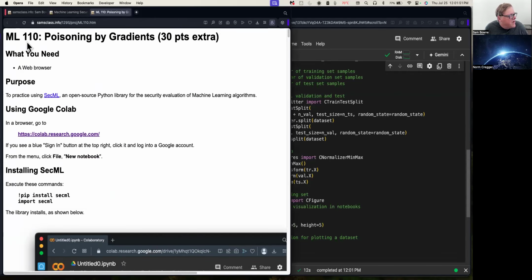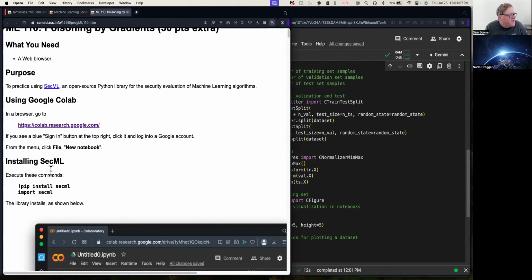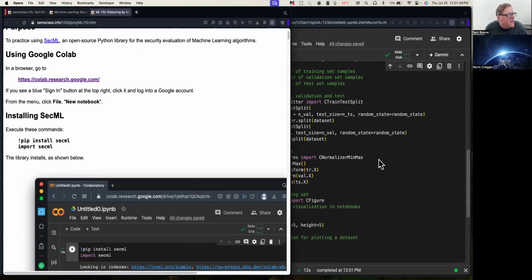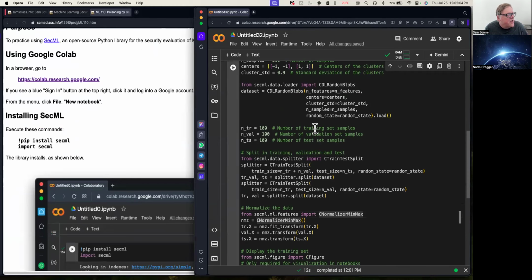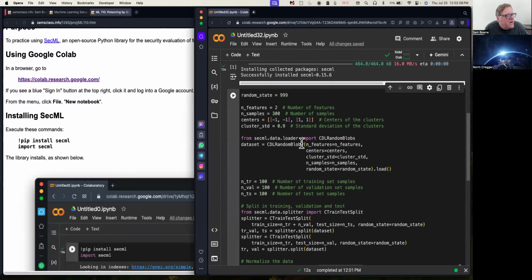Okay, so I'm doing this one here, poisoning by gradients. So we're going to use the SecML library again, which has these security-oriented functions. I've already installed that here. So now we're going to generate another data set with two blobs of data, Gaussian distributed, just so we can